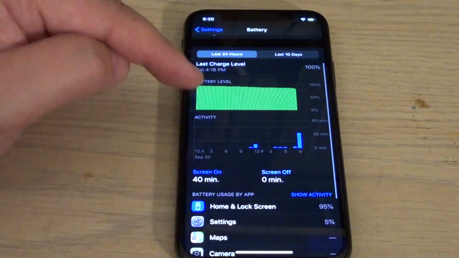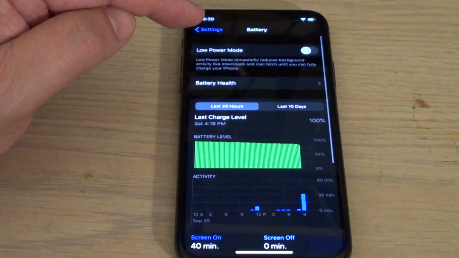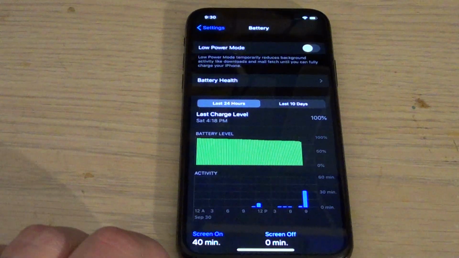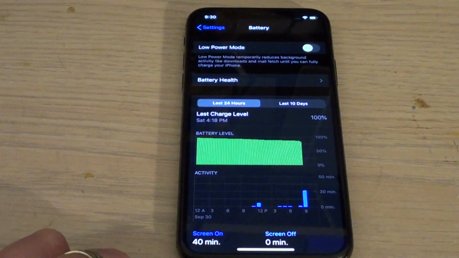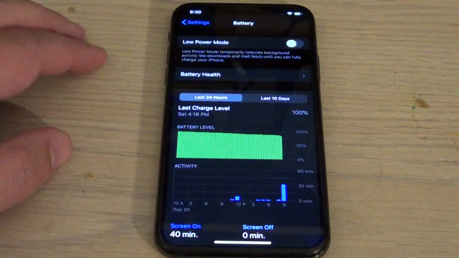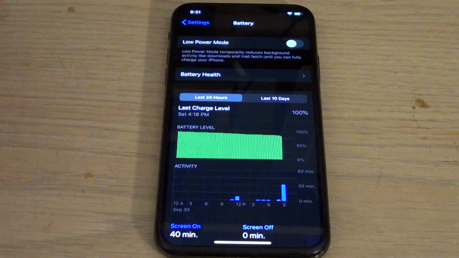You can check out which apps have been using the battery the most, and it's really nice to see all these different options here. Also, Low Power Mode. If you are going to use your phone for an extended period of time, and you know that you won't be able to plug in, you won't be able to recharge that phone pretty soon, well,